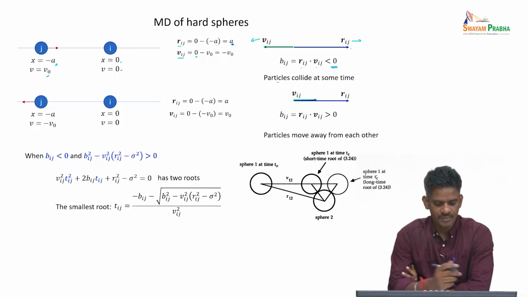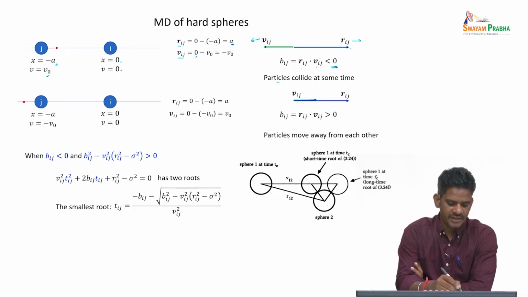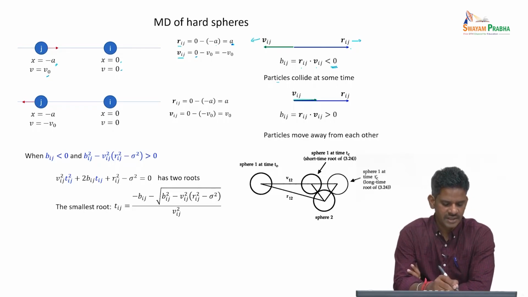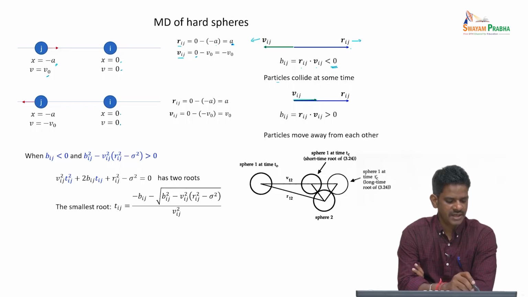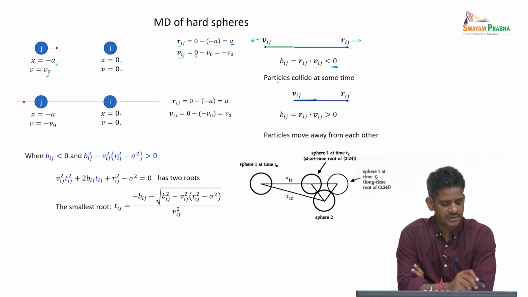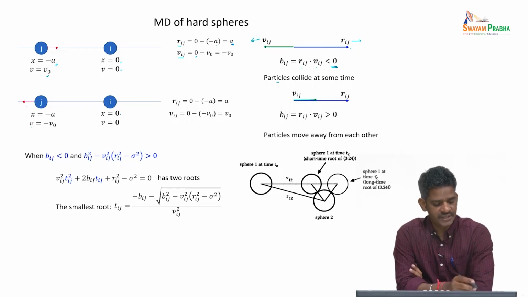Now, let us take another example where I reverse the direction of the velocity of the jth particle. So, the ith particle is as before, it is positioned at x equal to 0 and it is stationary. Now, the other particle j is at the same distance as before, minus a, that is in the negative x axis direction, but then it has a velocity moving in the opposite direction. That means it is moving away from this particle because v is minus v naught. So, it goes in this particular direction, and in this particular configuration you will see that particles i and